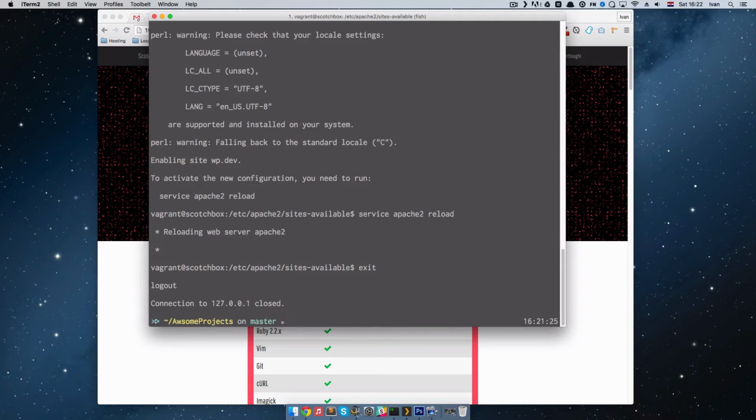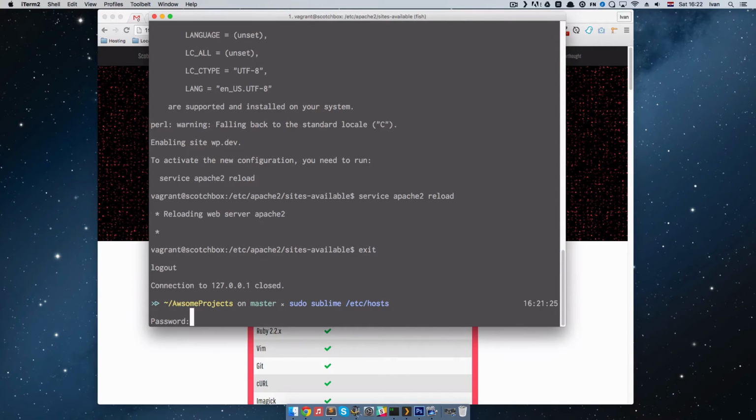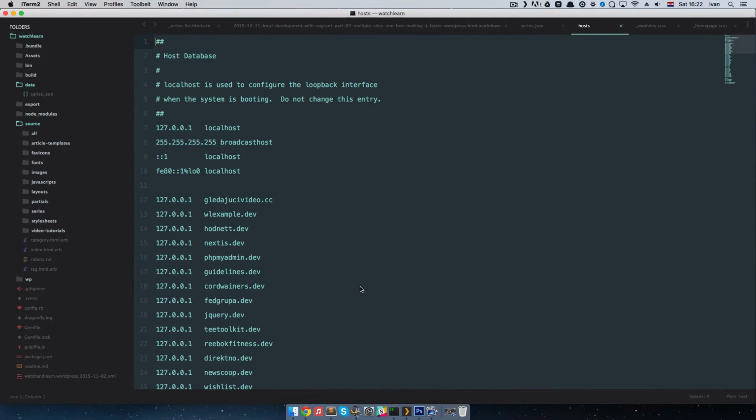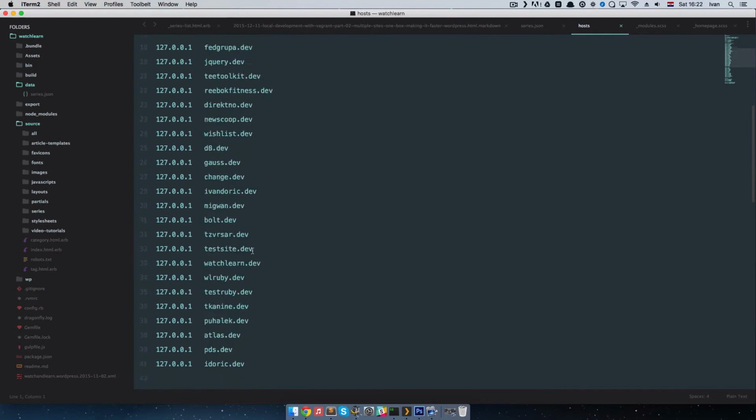So I'm going to do sudo and then etc hosts, and Sublime actually before that, because I want to open it in my editor, and I just give it a password. And now this is my